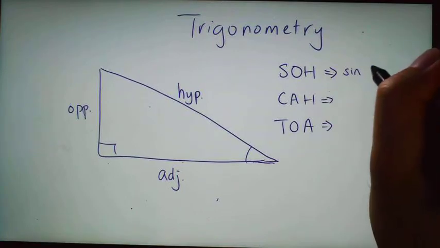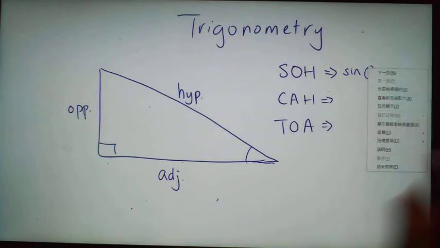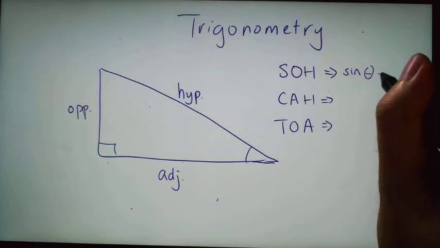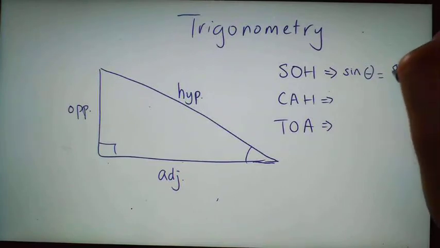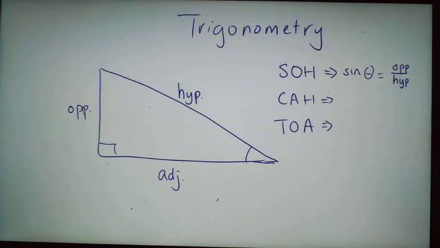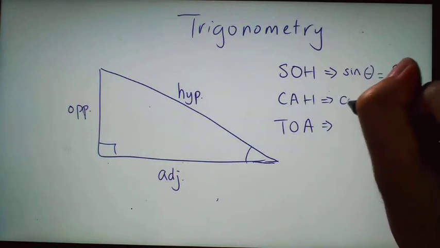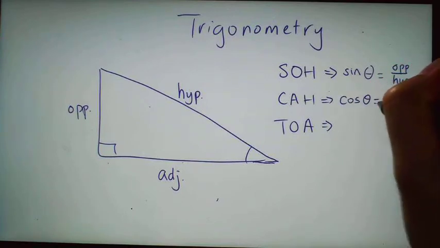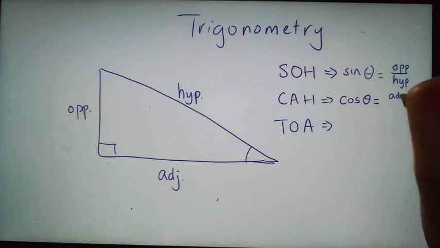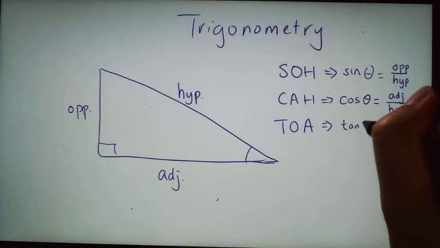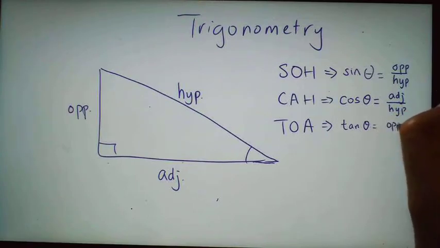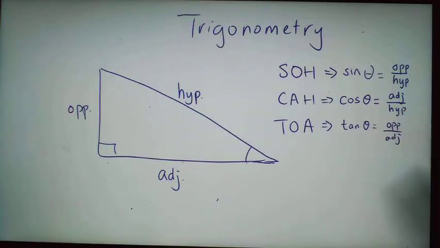Sine of the angle equals opposite over hypotenuse, and C stands for cosine. Cosine of the angle equals adjacent over hypotenuse, and tangent of the angle will be opposite over adjacent. Okay, so